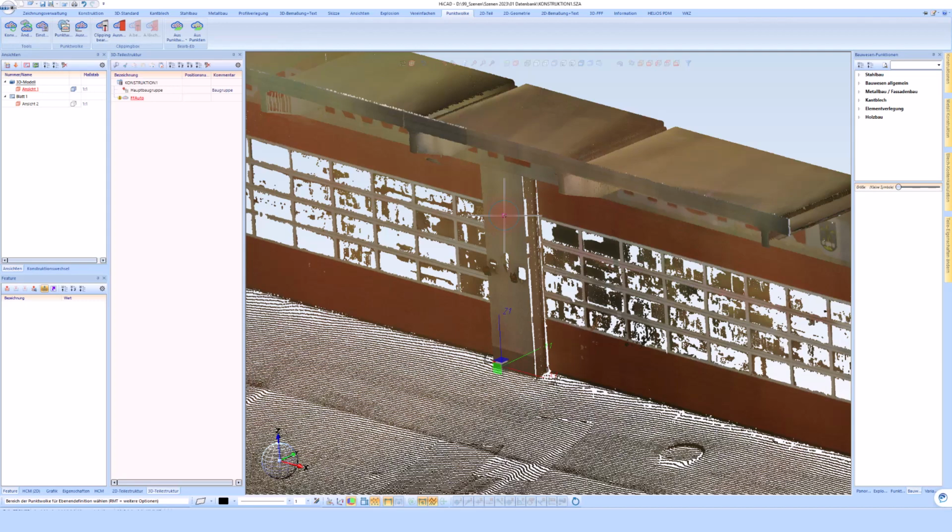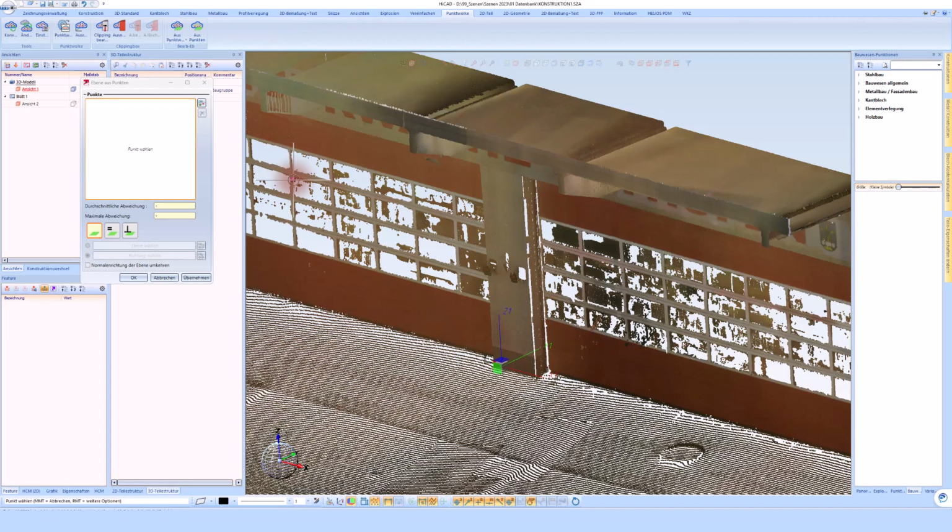A dialog opens where I can define points here. That means I basically select points, and HiCAD takes the average of the points that you can see here and wants to lay a plane here for me. You can see the points that I have chosen here have an average deviation of 0.8 millimeter and a maximum